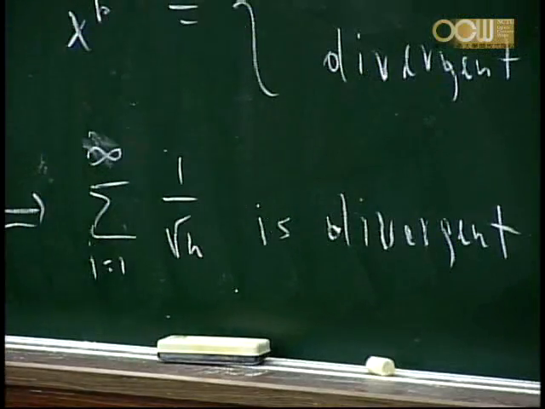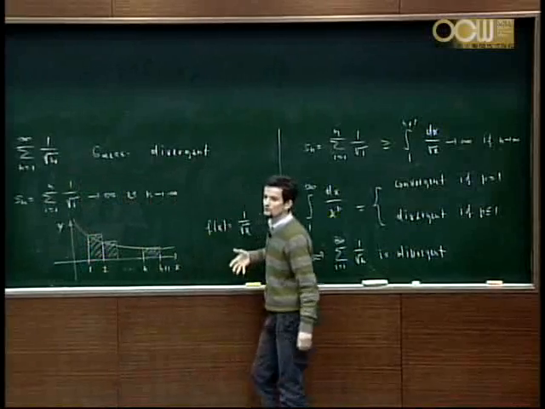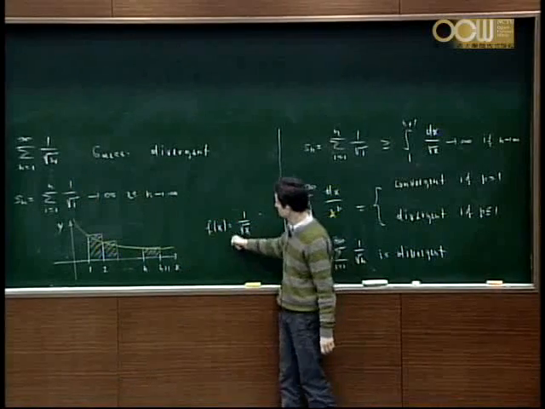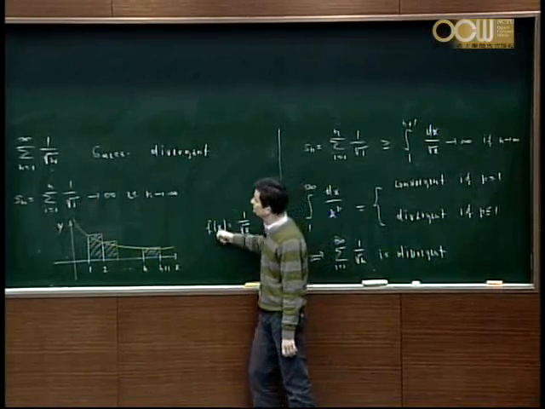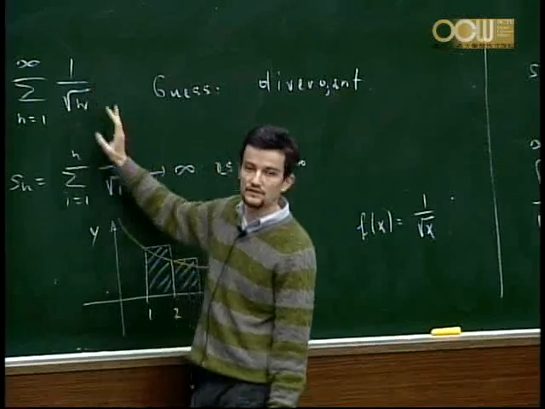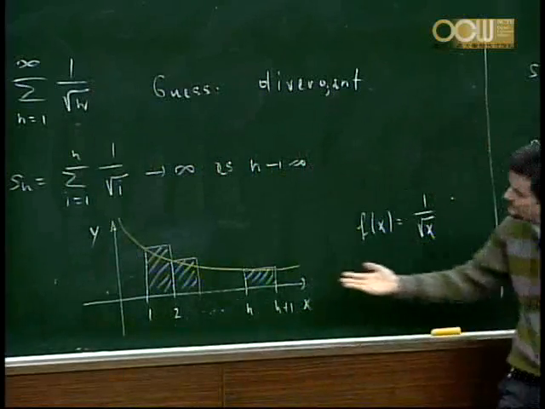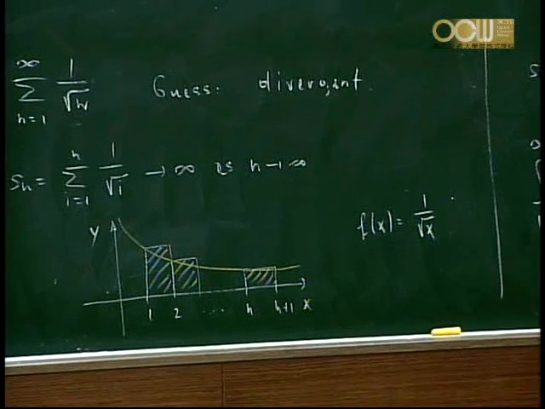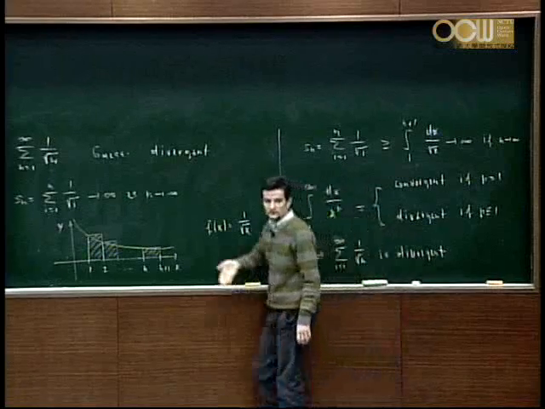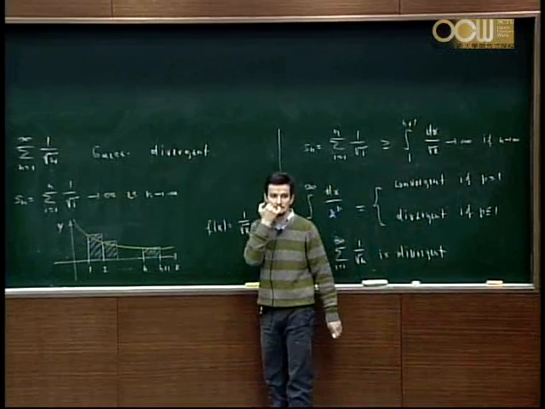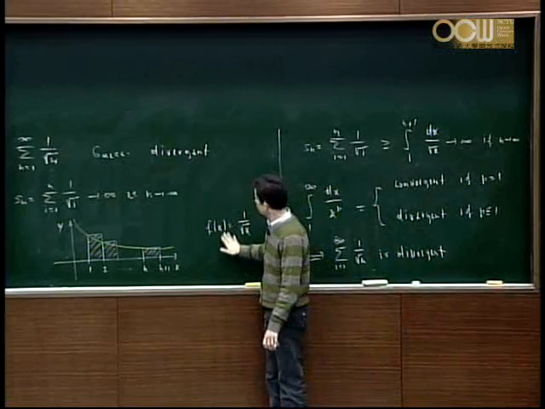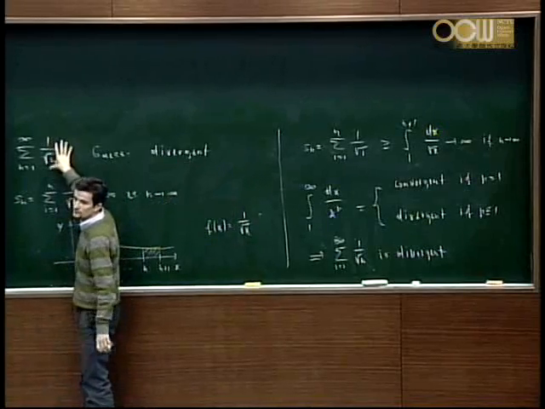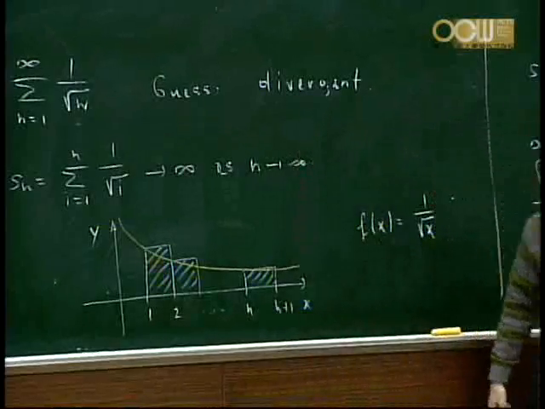If you have a series given, you see essentially what you have to do. You have the series here. You have to define a function such that if you plug in positive integers n, what you get are the terms here. Then what you need for this picture here to always work is that this function must be continuous, of course, because otherwise you cannot look at the integral, but also decreasing. So continuous and decreasing. Then, if you have such a function, which at the positive integers is equal to your terms, and the function is decreasing and continuous,